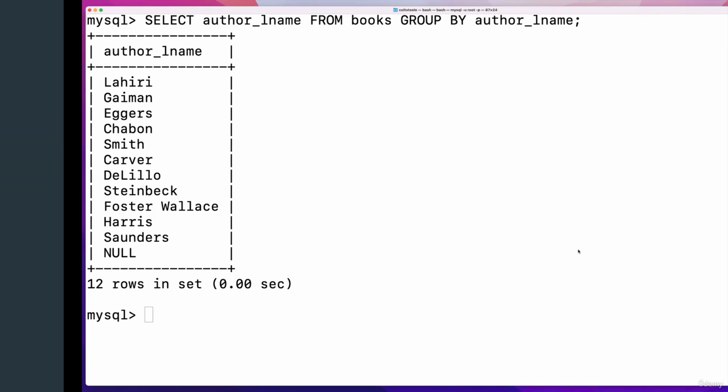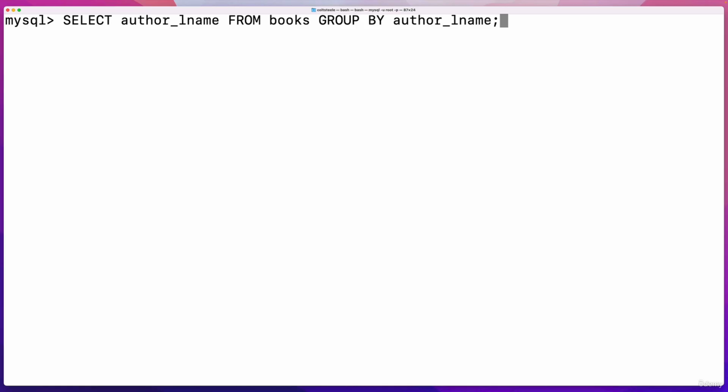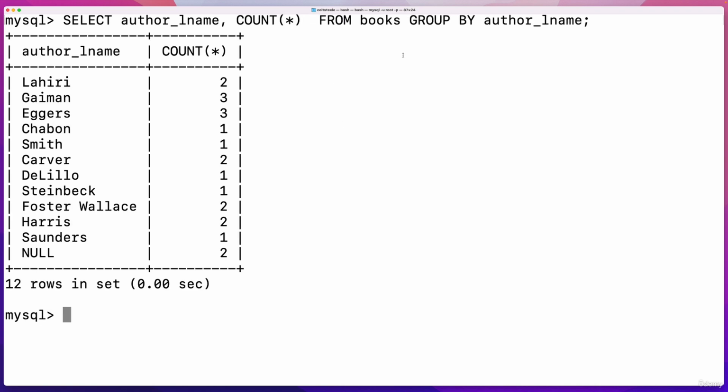So let's try it for real. Over here, instead of selecting author LName from books, group by author LName, I'm going to keep all of that, but after my author LName, or before, it doesn't matter, but I'm going to select the author name first, so that will appear on the left, then count star. And once again, the way that this works is that we have grouped by the author's last name, so there's all these mini groupings, and then we count the rows in each of those mini groups. And we see Lahiri appears twice, Gaiman appears 3 times, Eggers 3 times,